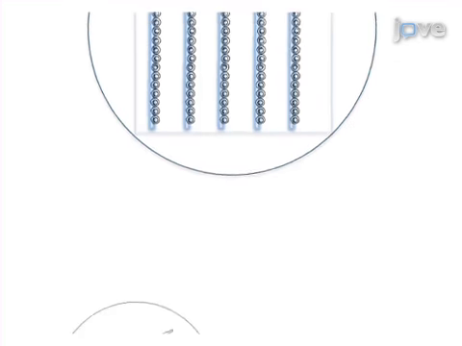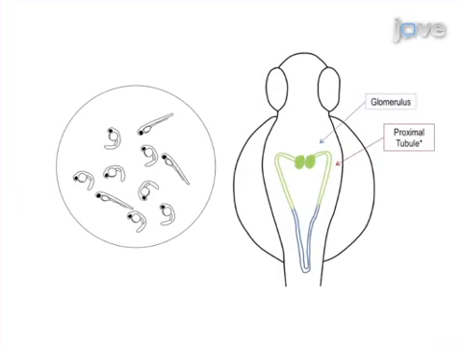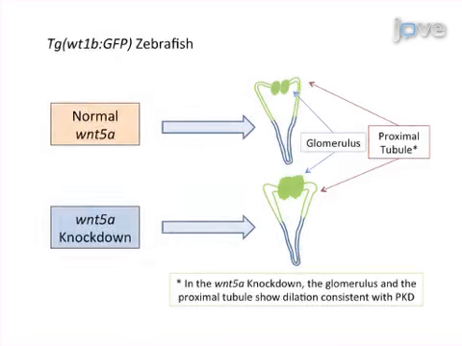Then, the injected embryos are anesthetized and embedded at 48 and 72 hours post-fertilization in order to monitor kidney structure and cyst formation after wnt5a knockdown. The results show that wnt5a knockdown causes pronephric kidney cyst formation in transgenic WT1-BGFP zebrafish based on fluorescence microscopy of